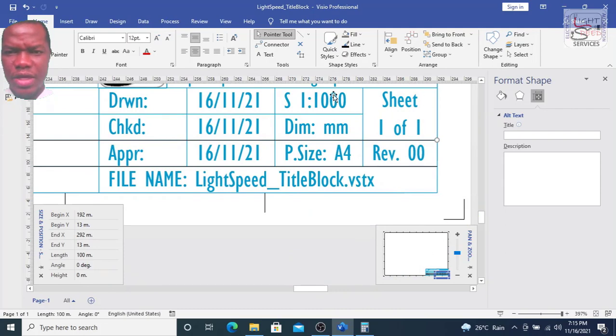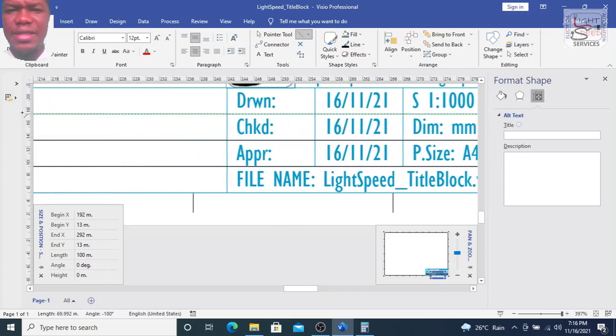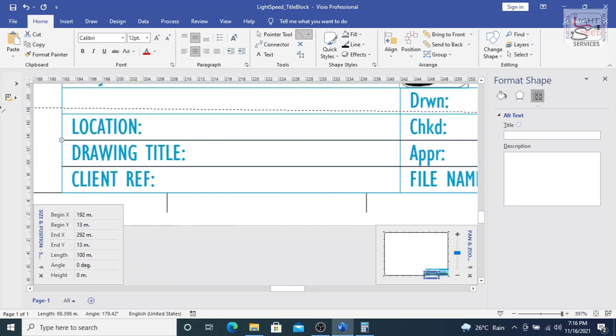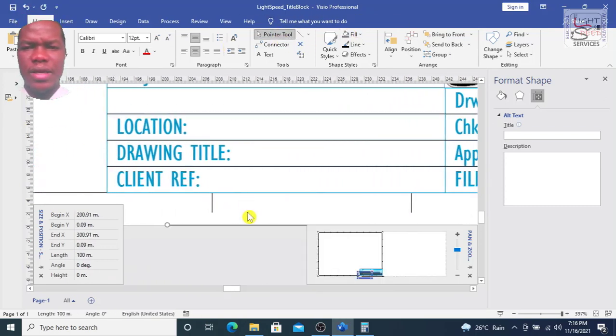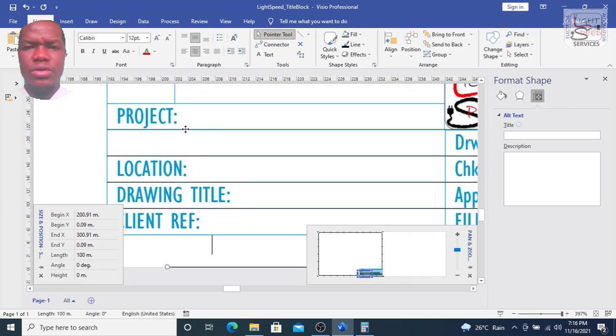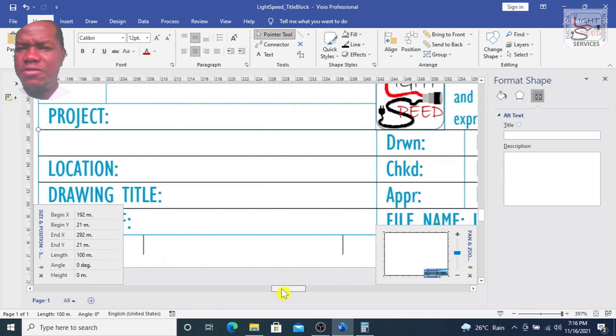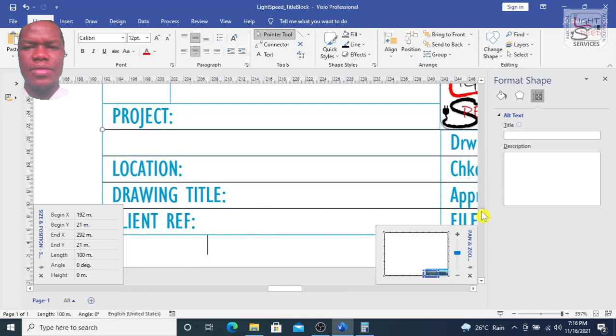This is going to be the actual line of our title block, so later on we're going to remove all the existing lines. So duplicate and draw more. Use this to fill all the lines.